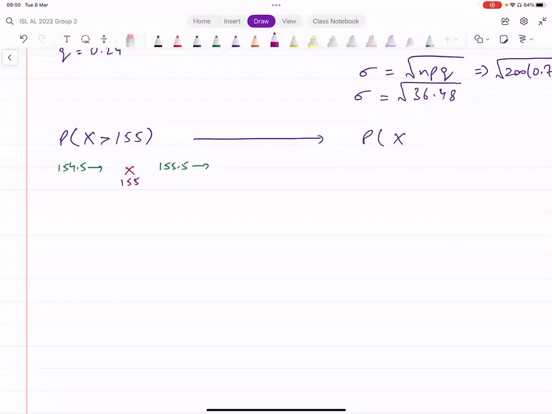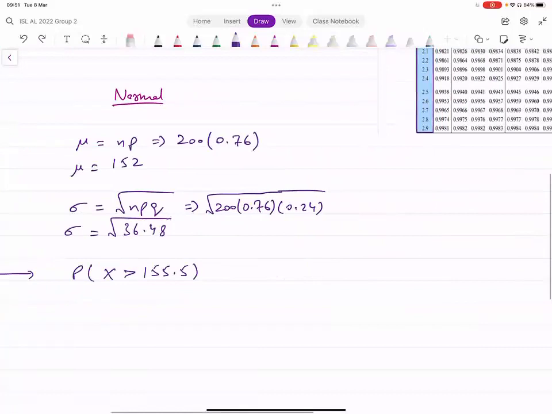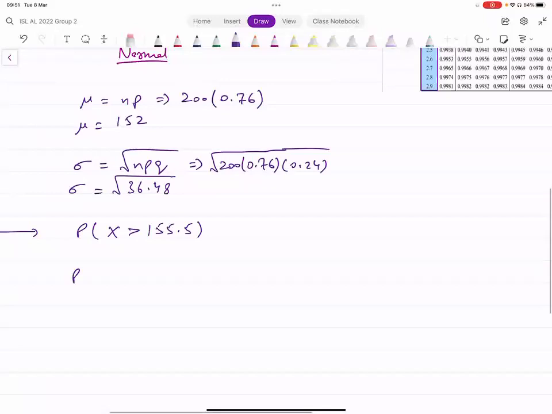155 को नहीं include करना, ठीक है, तो इसका मतलब ये है कि 155.5 के right पे होंगे rather than 154.5 के right पे। So we have x greater than 155.5 because 155 is not included in this. ये आपने evaluate करना है अब normal distribution से। So what we do is we convert it to z first, so it becomes probability of z greater than (x minus mu), 155.5 minus the mean, which is 152, divided by the standard deviation, which is